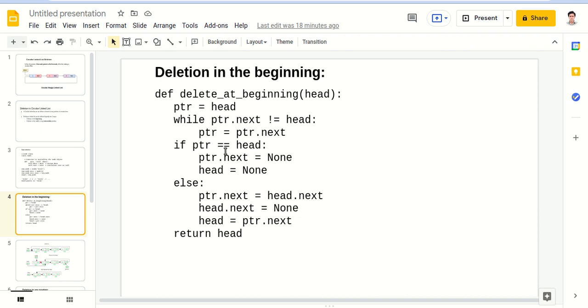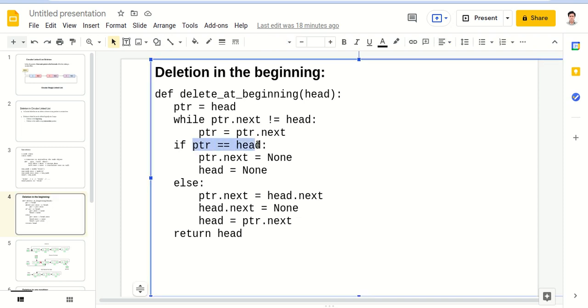Now there is one more condition. If ptr is equal to head, this condition will be satisfied when there is only one node in the linked list. Then we do ptr dot next equal to none and head equal to none. Because only one node is there, after deleting it there will be nothing, right? So this is what we are going to do. Else,